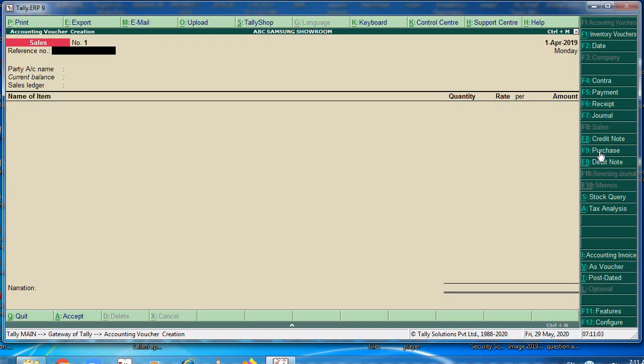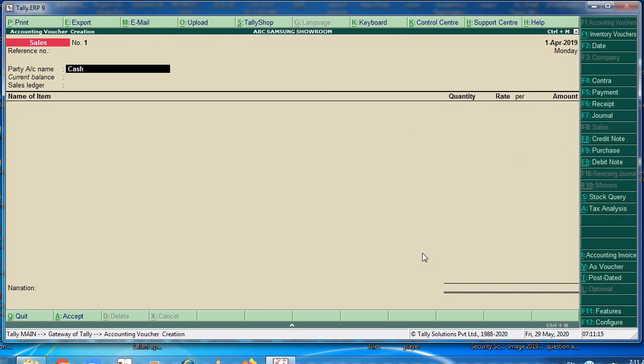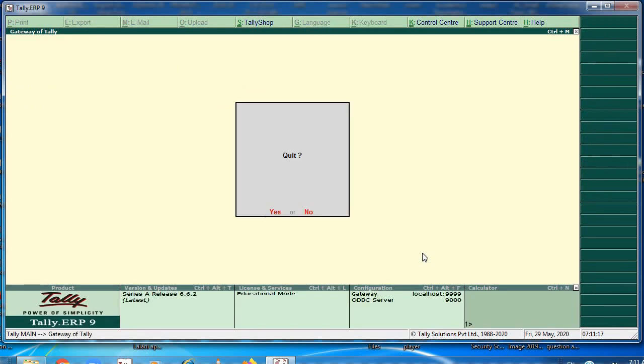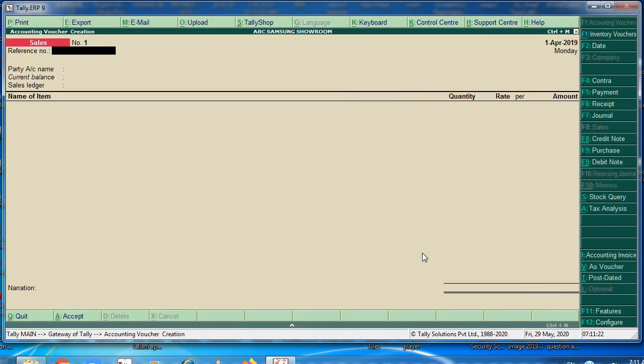For purchase I have to press F9. I'll press the payment voucher.